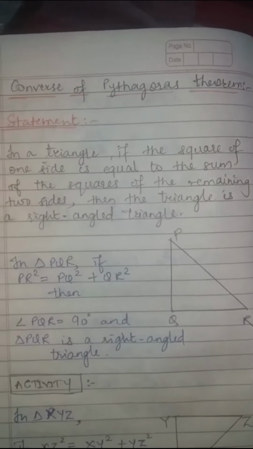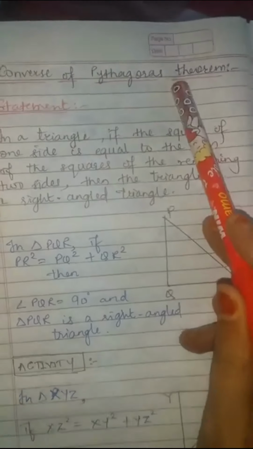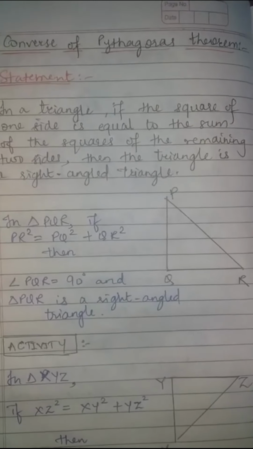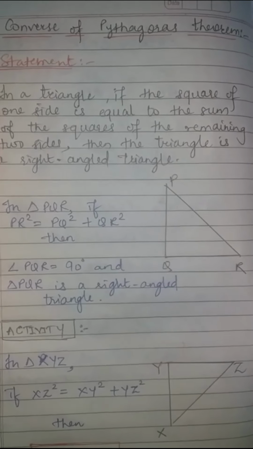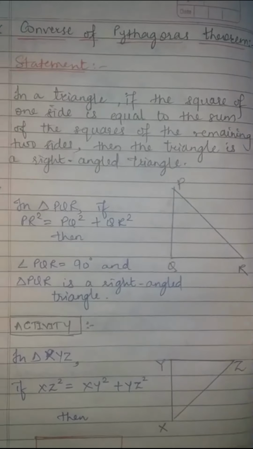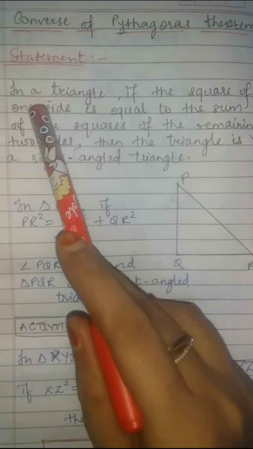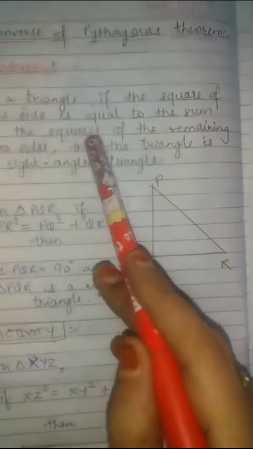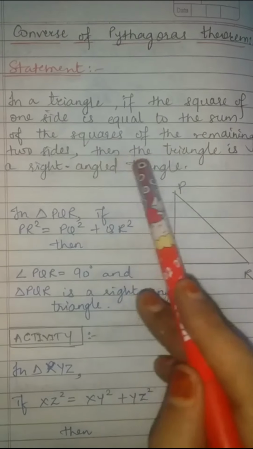to the converse of Pythagoras theorem. Okay. Now since we have already studied what is Pythagoras theorem, there we needed, in a right angle triangle, hypotenuse square is equal to side 1 square plus side 2 square. Here the statement will be the other way around, that means it will be the converse of Pythagoras theorem. Let's see the statement. In any triangle, here we are not given it's a right angle triangle. So in any triangle, if the square of one side is equal to the sum of the squares of the